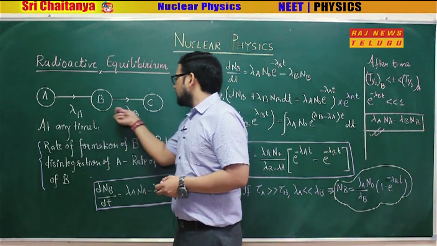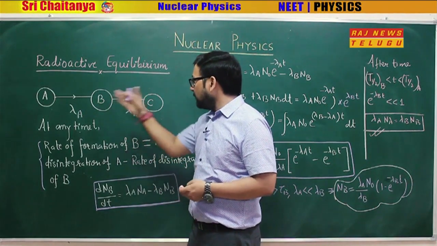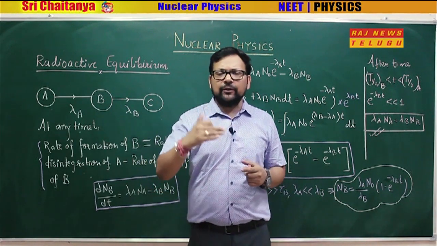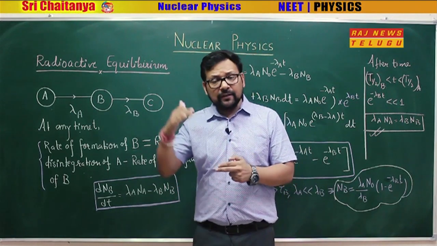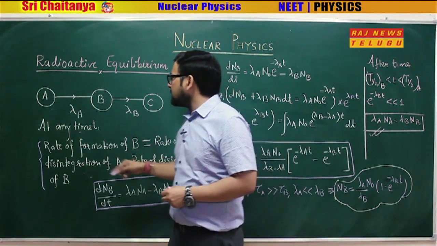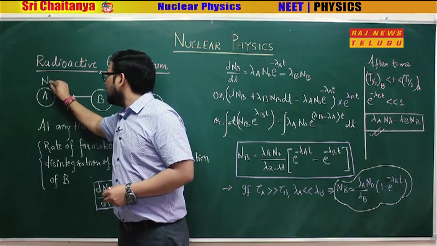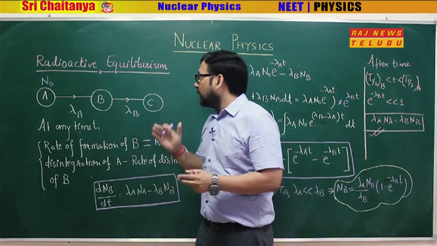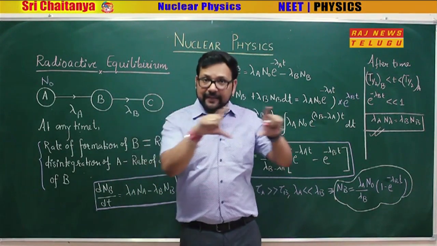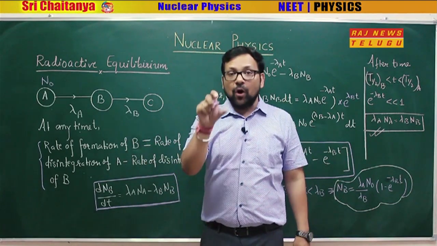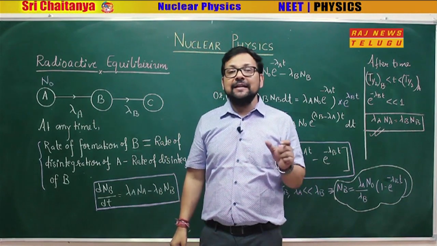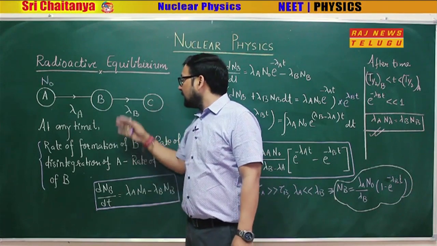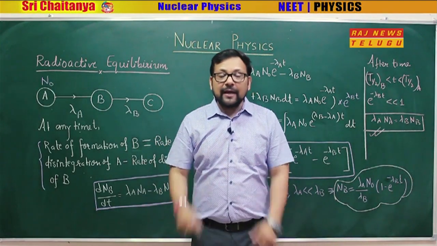First see this sequence you can see. A to B, B to C. We all know that there is a chain reaction going on in radioactive decay. Suppose at T equal to 0, A has the number of radioactive nuclei as N0. So A to B, we can say A is disintegrating, but B is being formed. So formation of B and disintegration of A. Again, when we see B to C, then we can say C is being formed and B is